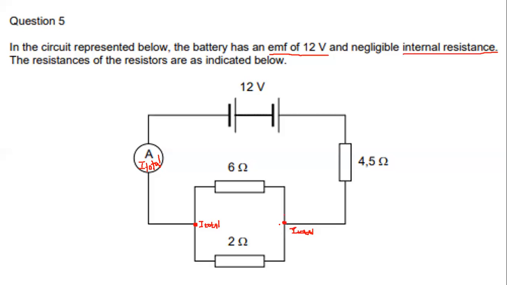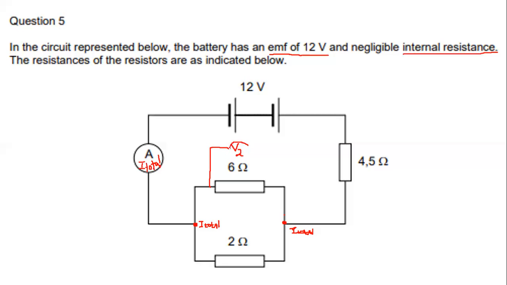Then from this point again, the total current goes through this conductor, then goes through the resistor again, and then it goes all the way up until it picks up another 12 volts. So if I were to connect voltmeters here,